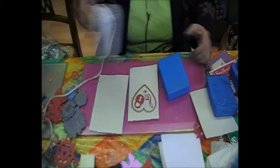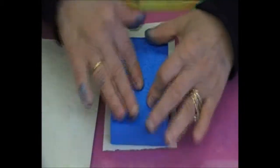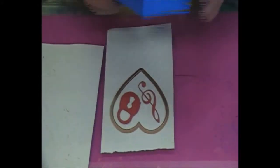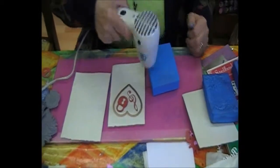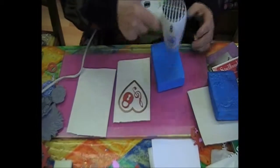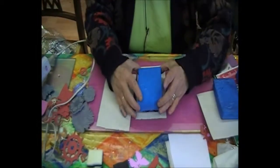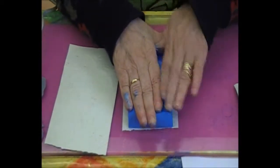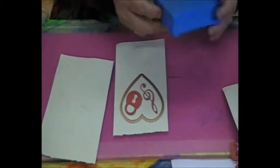Right, should be enough. So I'm going to take that one now. I'm going to stamp on the, oh, I've missed it. I'll have to do it again, because I slightly missed the edge. But I didn't spoil anything. Alright, try it again. I'm trying to get all of it in this time. Those of you that are clever will see where I'm going with this, but I'll explain it to you in just a moment. Right, now